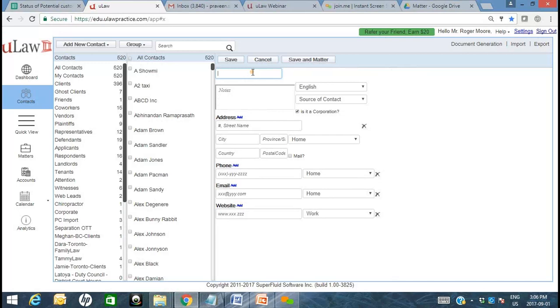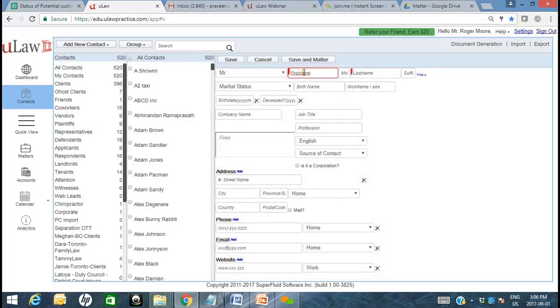Whereas if you're working for the employee, or let's say a small claims matter where you're working with an individual, then obviously this is not a corporation. This is an individual who has a first name, last name, and everything else, all the information that you can capture. So let's quickly go ahead and